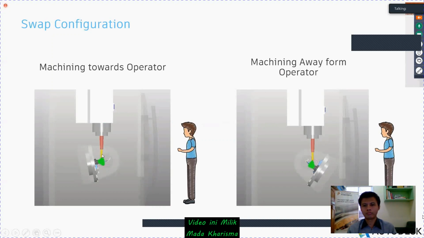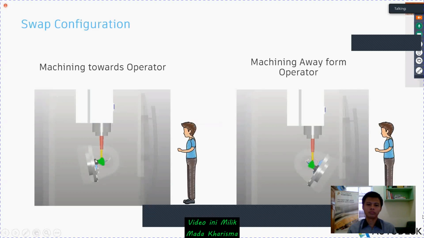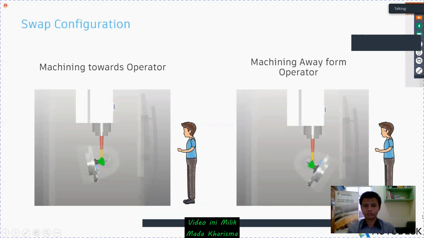In the first left-hand picture, the operator can see the part because the operation is taking place towards him. So you can see very clearly what is happening. But in the second, it's actually the same toolpath. The finishing, everything is the same, but the operator can't see the part or the tool location where it is working.